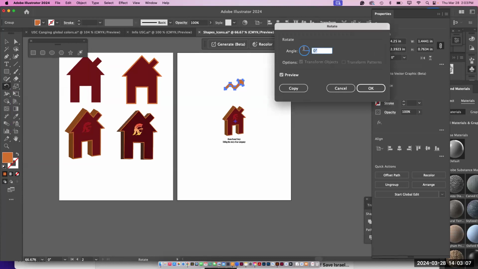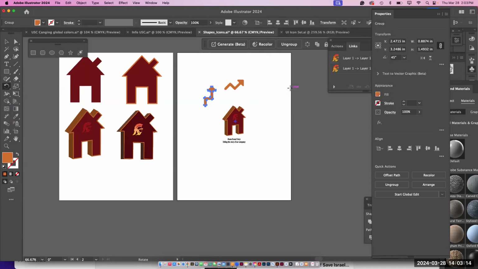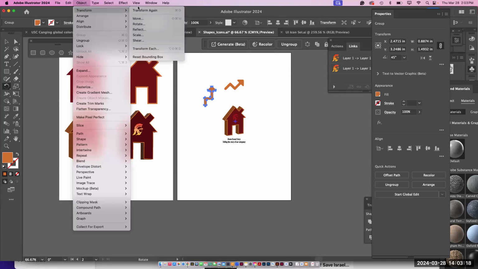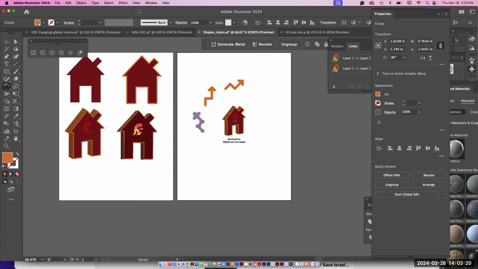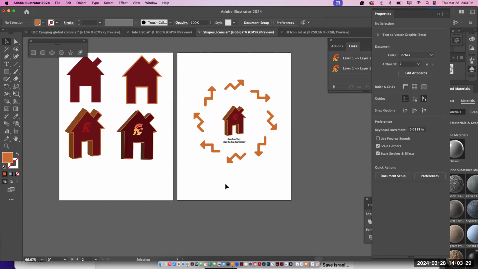And now let's say I'm going to do it 45 degrees. And I'm going to preview, and I'm going to do copy. And now I can do Object, Transform, and Transform Again. And Command D, Transform Again. And look what I have over here. Of course, this is a little tight over here, but